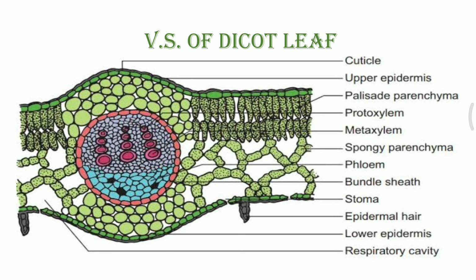In the vascular bundles, we see that the midrib is the area which has conjoint collateral phloem and xylem. The phloem is towards the lower side of the midrib, whereas the upper side of the midrib has xylem vessels. If we take a section from this area, we will be able to find this entire structure. So this is about the vascular bundles present in the dicot leaf.